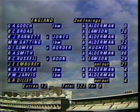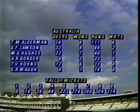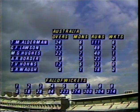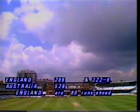The bowling for Australia, well, Alderman has dominated it again, 6 for 111 from 34 overs and 6 maidens. Lawson bowled extremely well today, 32 overs, 9 maidens, 2 for 89, and Hughes was hostile in his 22 overs, 1 for 40. The match situation at the close of play on the 4th evening, England 80 runs ahead with cloudy